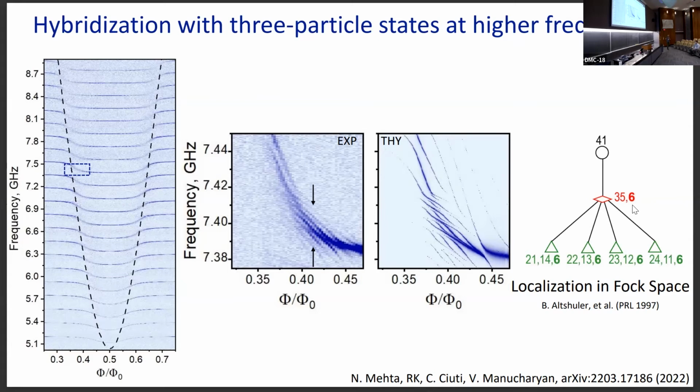And this is similar to a situation which was considered a long time ago, where you are trying to analyze delocalization of an electron in a quantum dot. When there are no continuum states, the delocalization of an electron is a hard problem, and it's actually this paper by Schiller. It's one of the first developments in the field of many-body localization, and that's one of the illustrations of many-body localization.